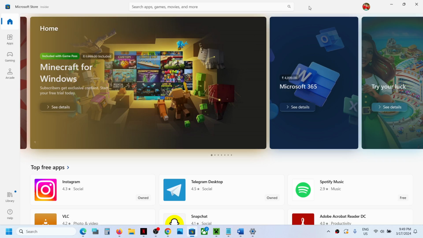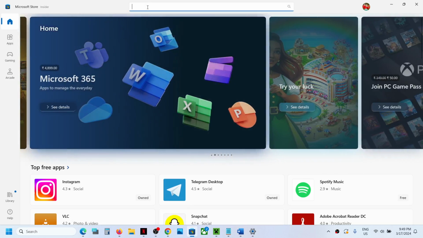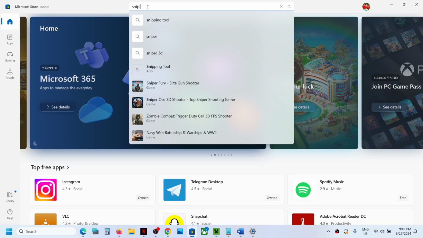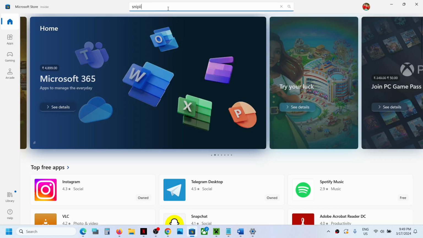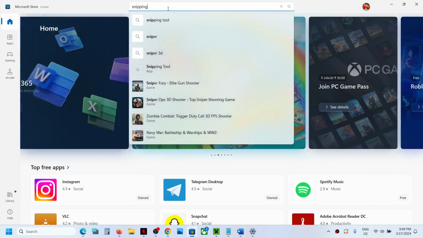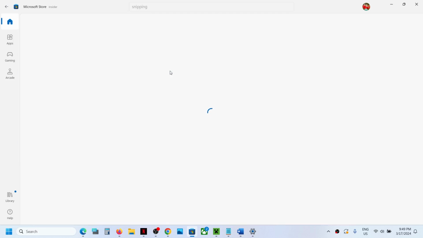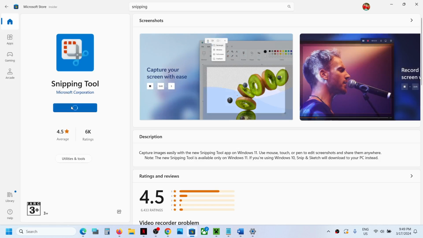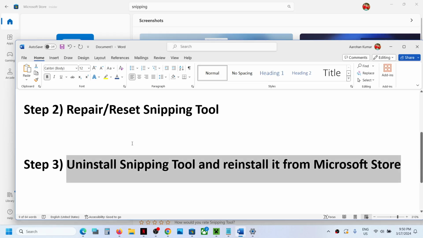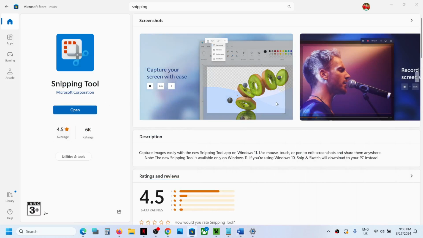Now once uninstalled, open Microsoft Store and type in Snipping Tool over here, then find Snipping Tool and click on get. So reinstall Snipping Tool, and once the download is complete you can open it and check. That should fix the problem. This has worked for many users, so it might work for you. So uninstall it and then reinstall it from Microsoft Store, then open it and